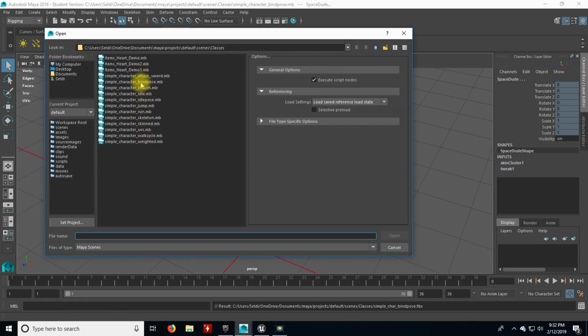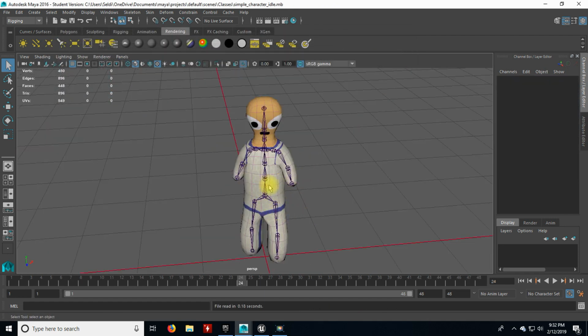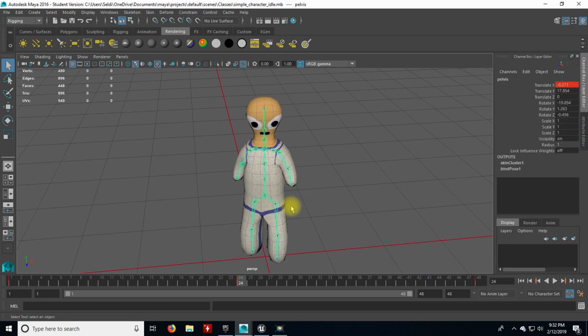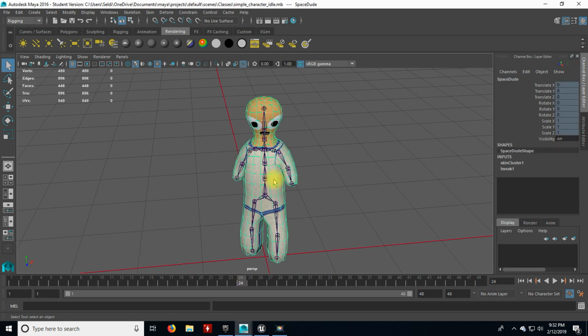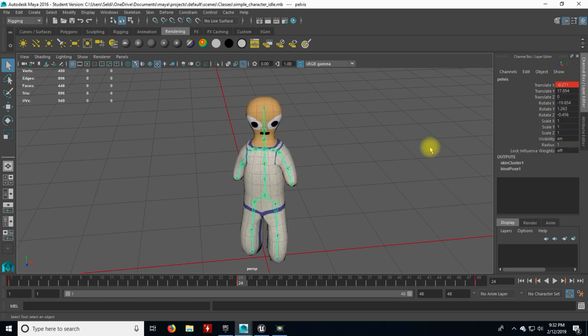So any of these animations are fine. I'm going to go ahead and do the idle animation first. But again, it doesn't matter. I'm going to take my idle skeleton. Now what's kind of cool about this is we actually don't need to export the skin. If there's any additions you have to your skin, like maybe he has hair or whatever, you might export those. But we don't actually have to export the skin. I'm going to go ahead and just grab the skeleton. And all we want is